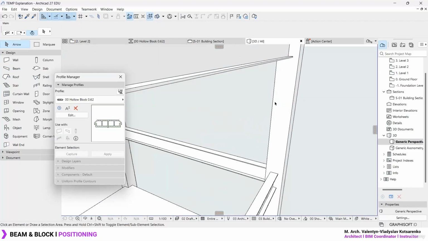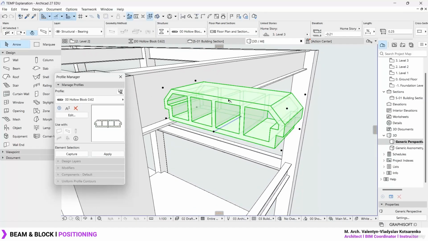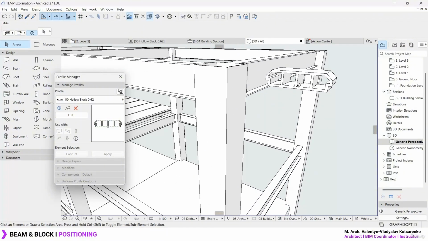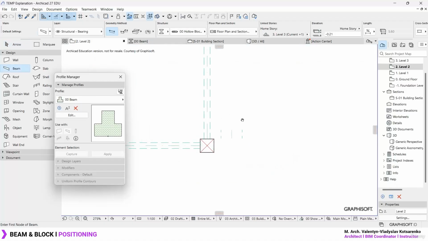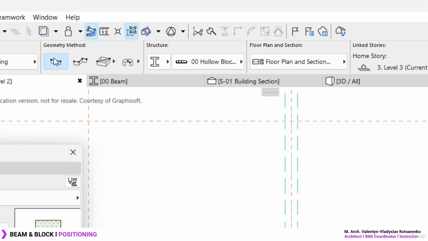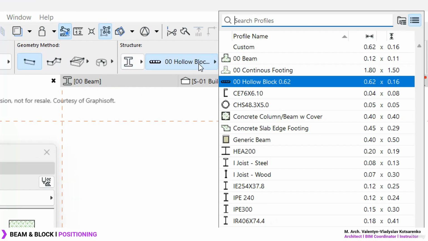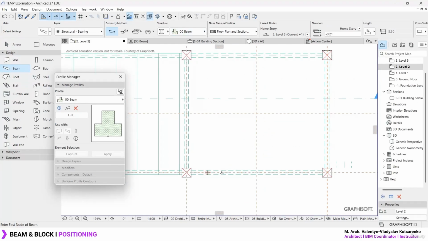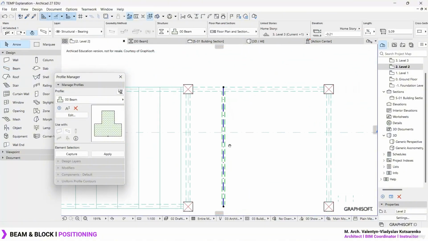Let's go to 3D. And right over here, you can visualize that we are pretty much done with the hollow block. So it's just a matter of copying and pasting this until we cover the whole space we got over here. Now let's go ahead and create the beam. Right over here for the beam, let's use another type of structure or profile, which is going to be this beam we have created. Let's left click, so we position the beam on top over here, extend this a little